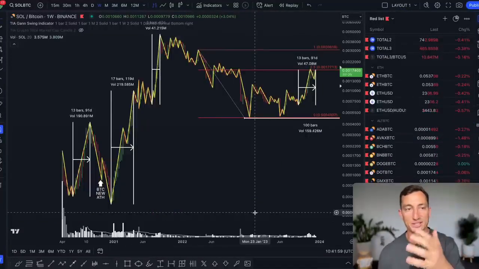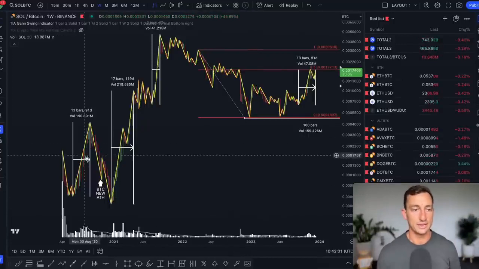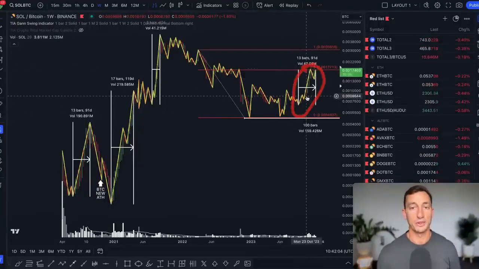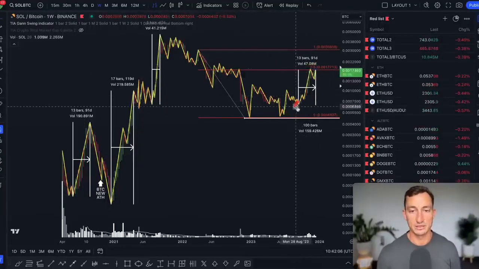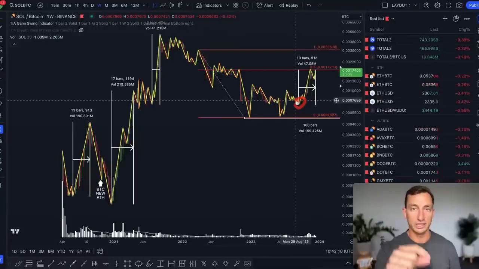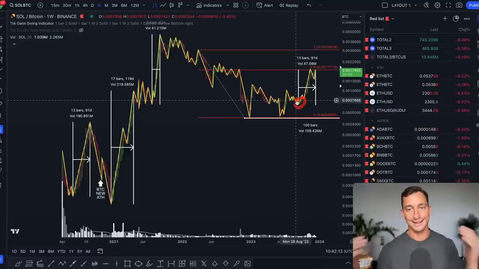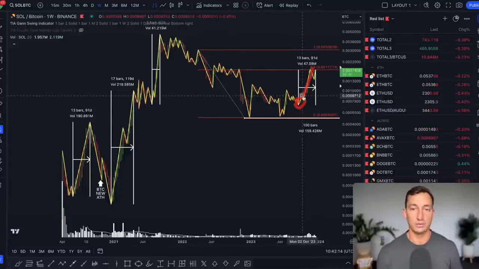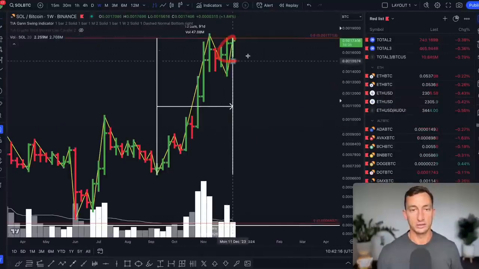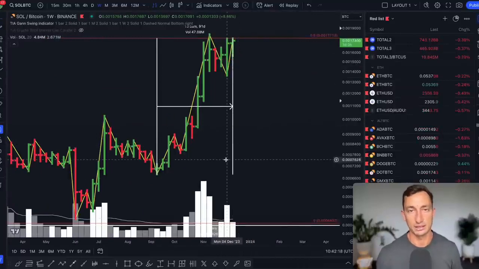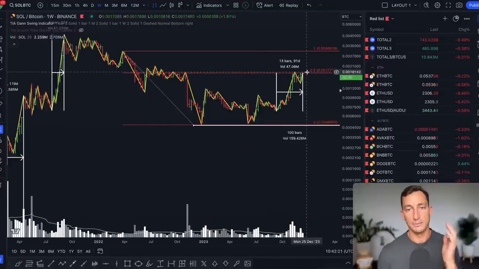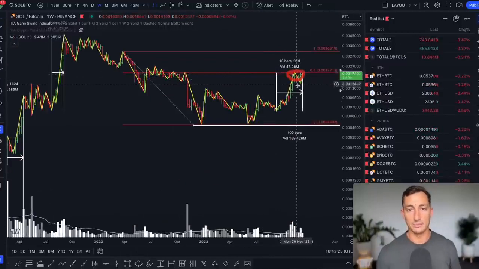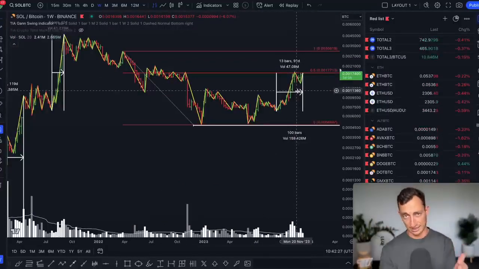So that was Bonk on Solana. Let's have a look at Solana itself. In terms of timeframes, we've been up for 13 weeks now from this low in September. That was a very strong low. It was when the bears got really loud, expecting huge collapses. It just didn't happen. 13 weeks to the upside, and Solana looks like it wants to attempt another breakout to the upside. As I've said many times, I think we are in the midst of some sort of top forming here, at least for the medium term before we get that pullback.